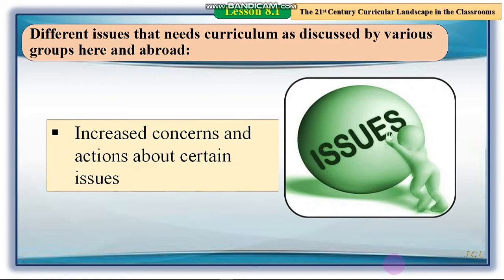Then the second one, we have increased concerns and actions about certain issues. Some issues in the world include but are not limited to environmental degradation, water and energy shortages, global warming, or pandemic. These types of problems often transcend national borders and impact many people. As such, the global environment is no longer just the concern of scientists,